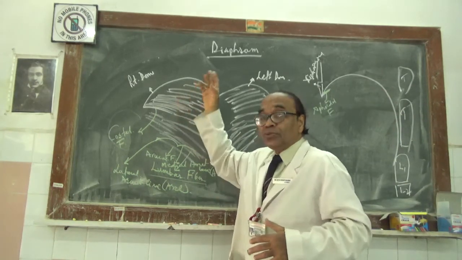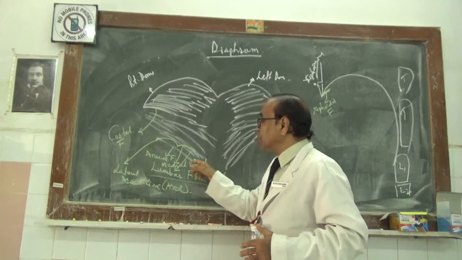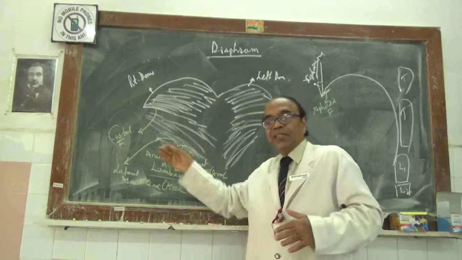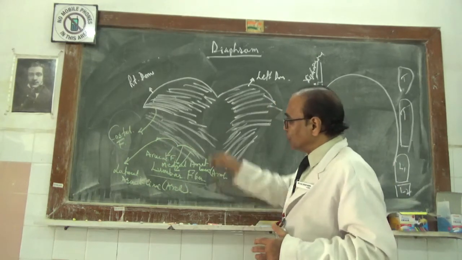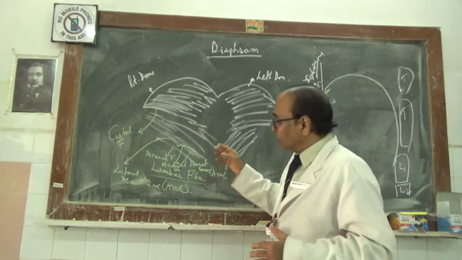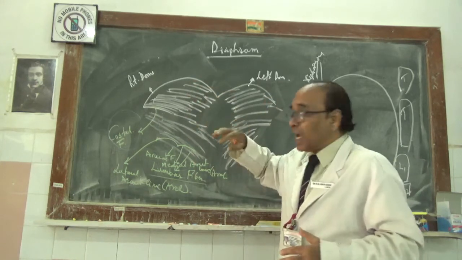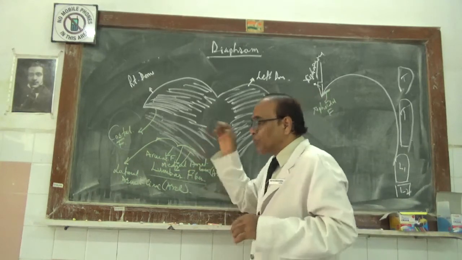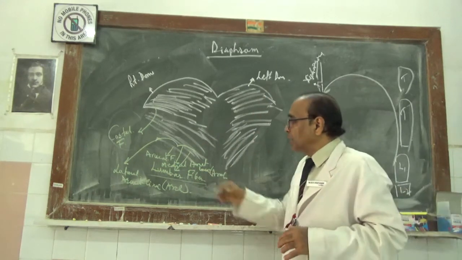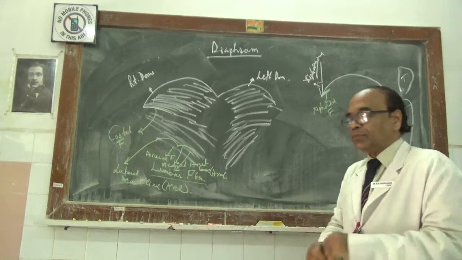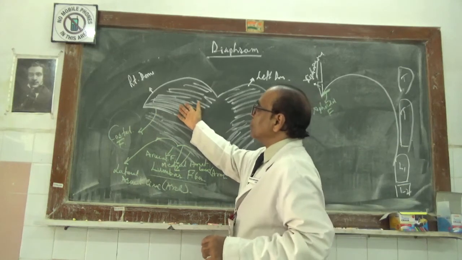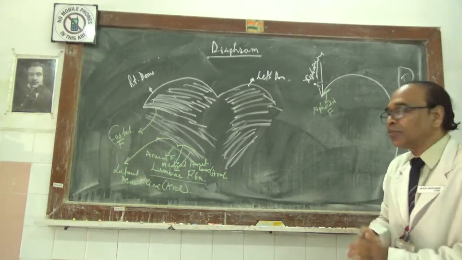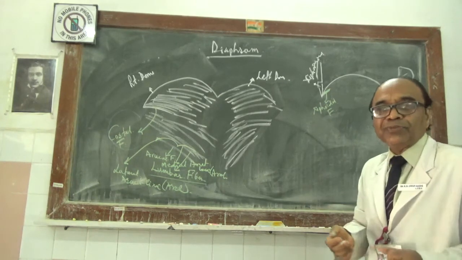These will join not only the lumbar fibers but also the arcuate fibers, medially and laterally. As these costal fibers run inwards and then down, they join the lumbar and the medial and lateral arcuate fibers. While running forwards, they join the sternal fibers, or the xiphoidal fibers, of the diaphragm.